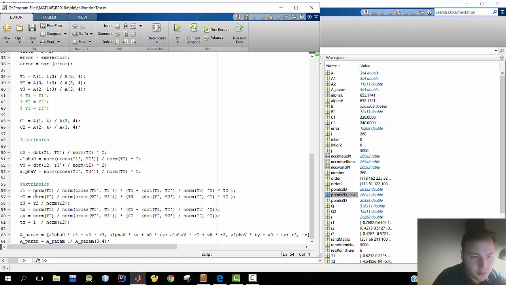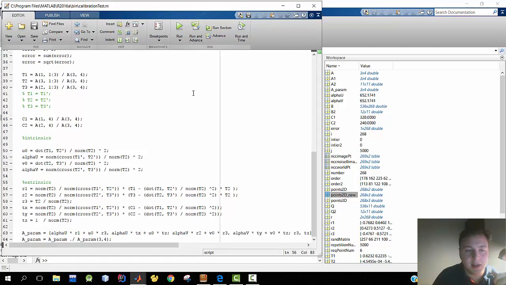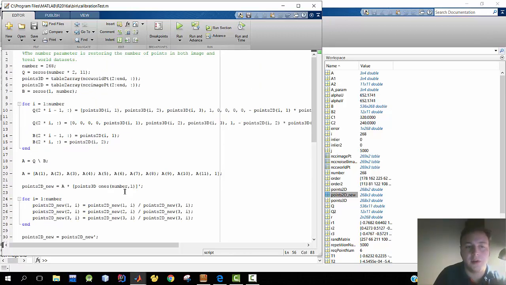So we have 6 extrinsic parameters, and they are R1, R2, R3, Tx, Ty, Tz, and we are estimating them with these formulas, and we are again using T1, T2, T3, and so on. Now we estimated our parameters, intrinsic and extrinsic, and it's time to construct our camera matrix again. Why do we do that? We found a camera matrix earlier at the beginning of our code. We found it, but